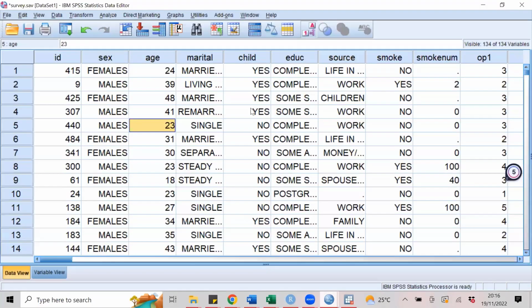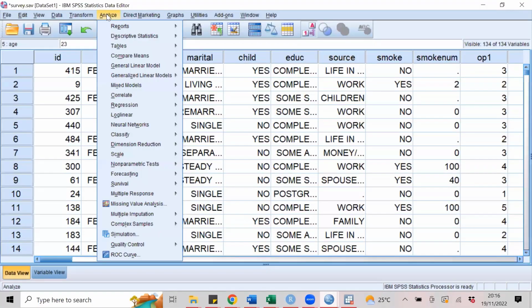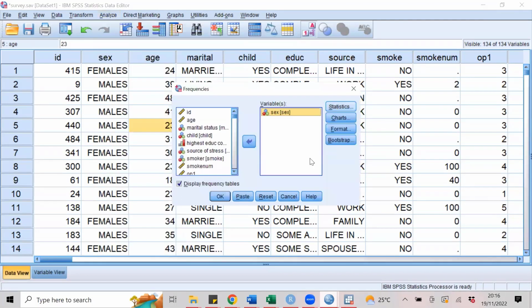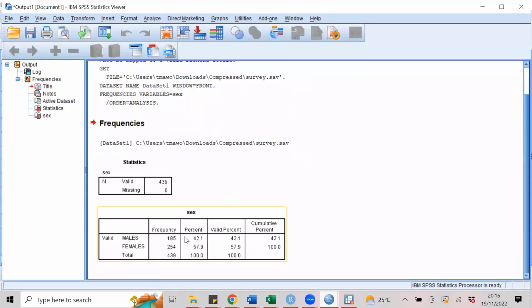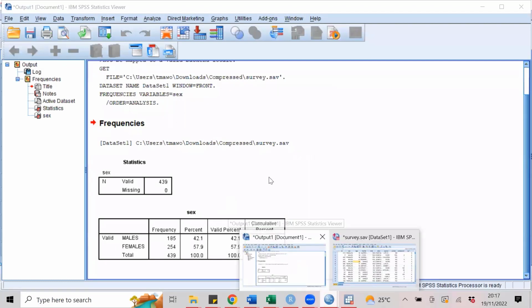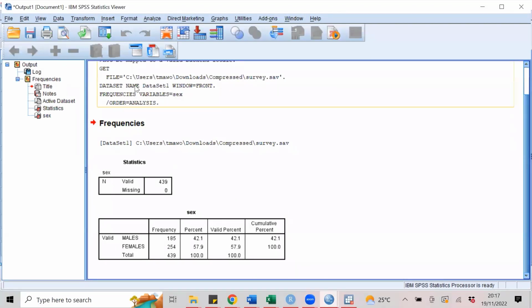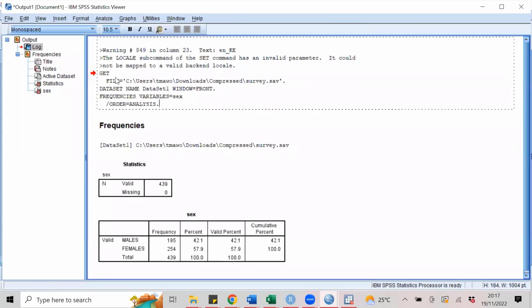Now, one thing I should probably do, let me say I want to do an analysis. I want to do just some frequencies for sex, and I just say, okay. So it will generate the values in what we call an output window. But what is interesting is if you can see where there is this dotted line.